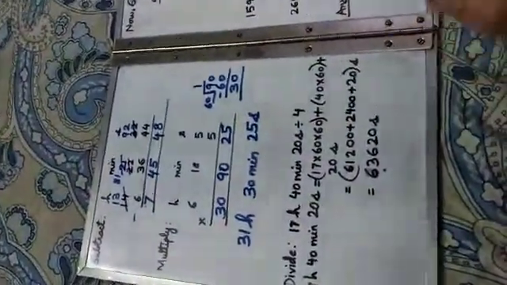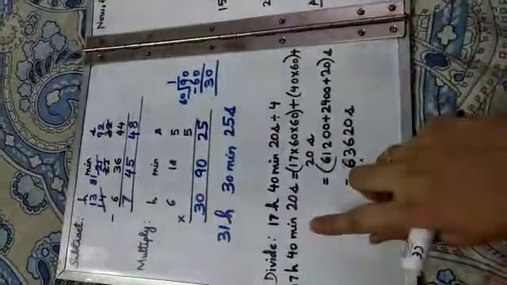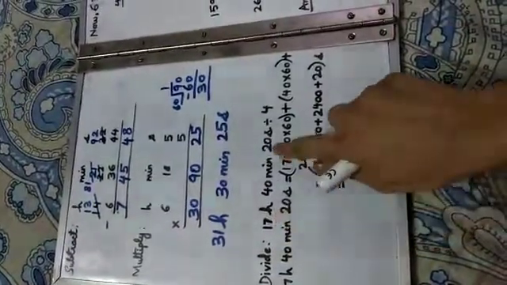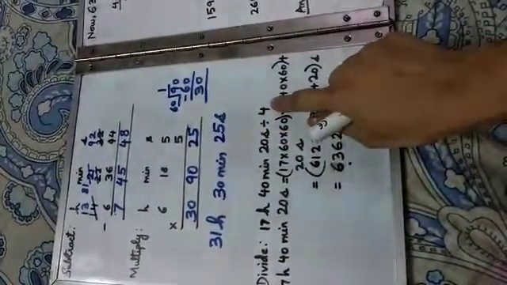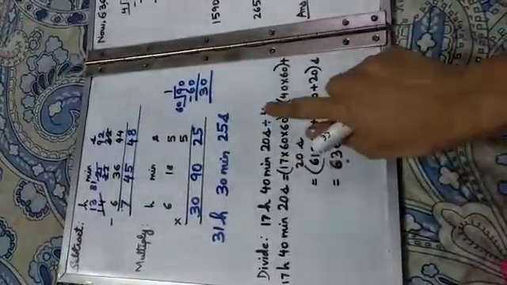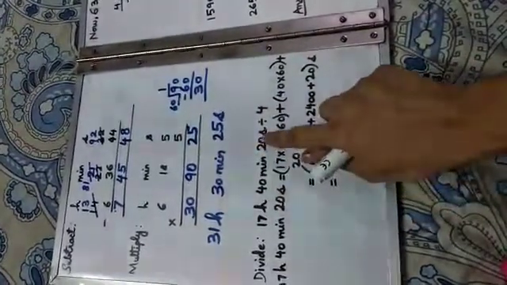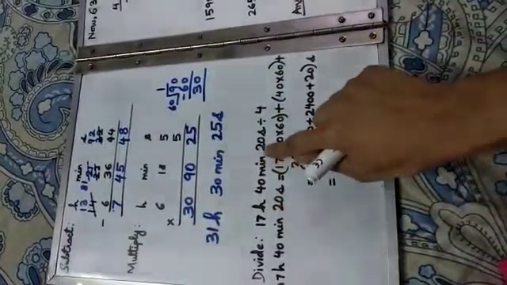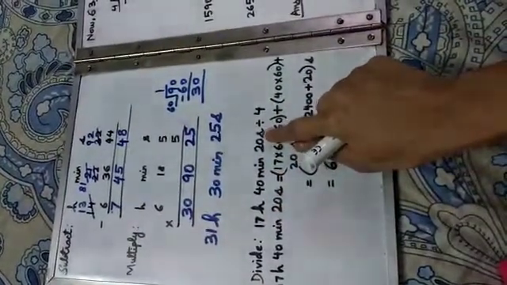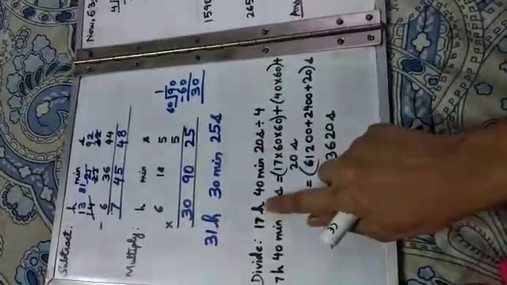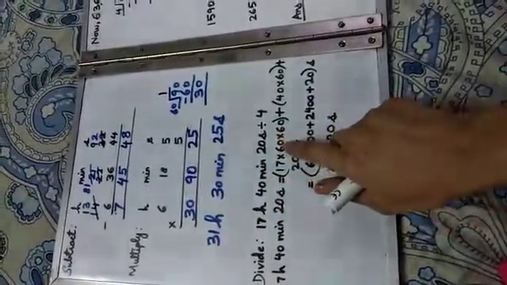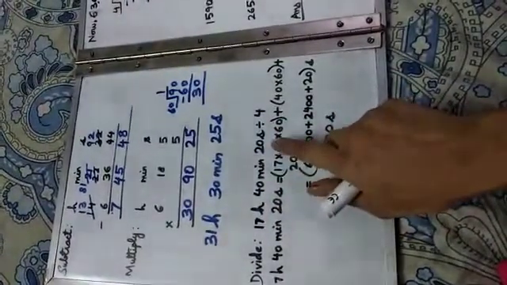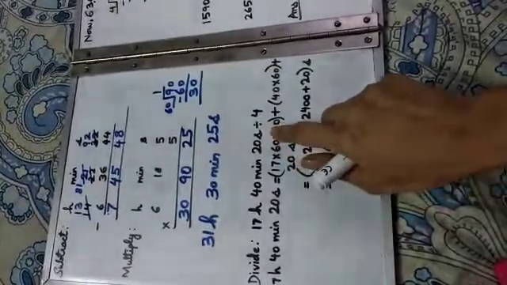Division is a little bit complicated, but you will understand it. See, here this time has to be divided into 4. What will happen? A number cannot divide 2 or 3 different units. So first we will convert all the units to the smallest one, that is seconds. So 17 hour will be converted into minutes. So that means multiply by 60. Again the minutes will be converted into seconds.